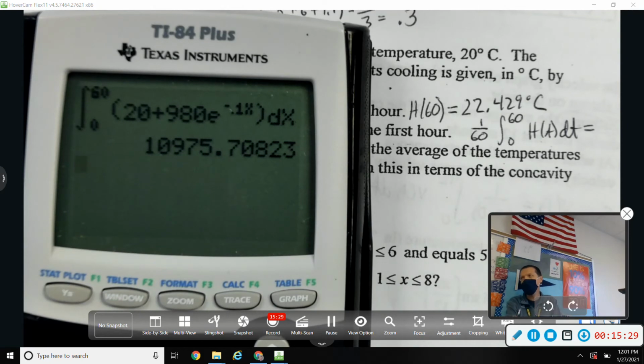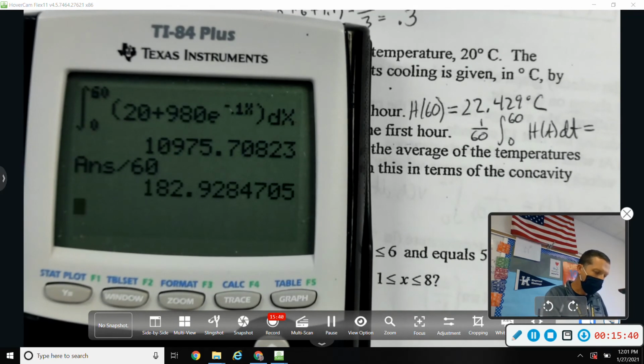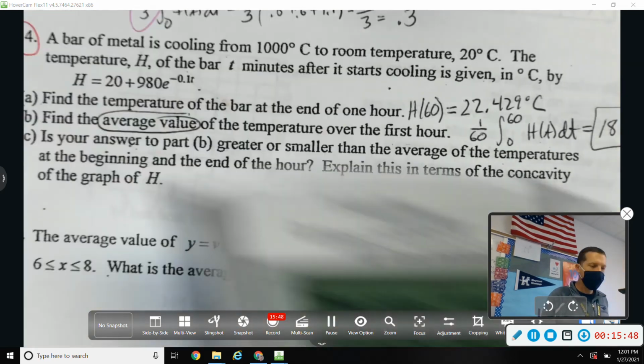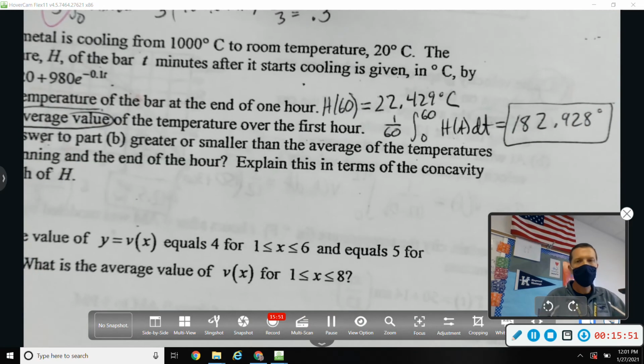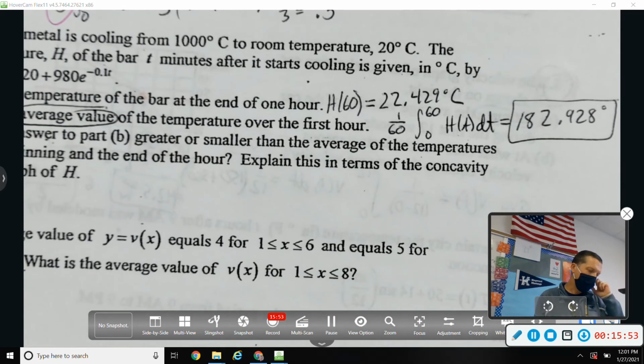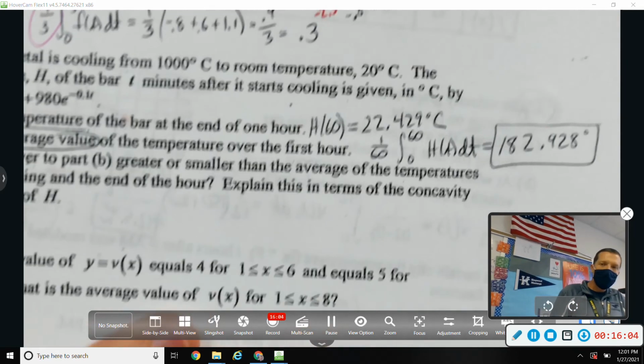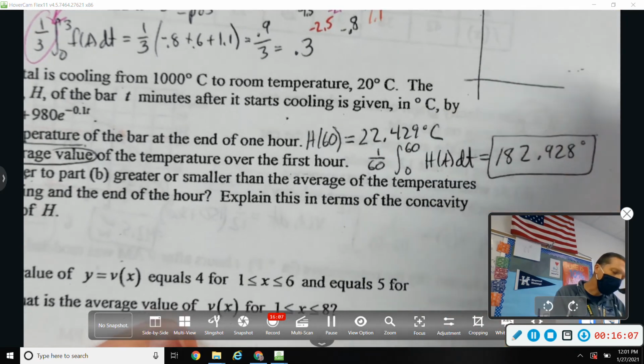That's kind of a common mistake on these because you get so focused on the formula and then finding the right buttons on the calculator and making sure everything is matched up and lined up right that you forget to divide by 60. 182.928. See if that makes sense. So the average value of the temperature, 182. Okay, well I didn't expect the average value to be like halfway between 20 and 1,000 because if it went straight from 1,000 to 20, then the average would be the